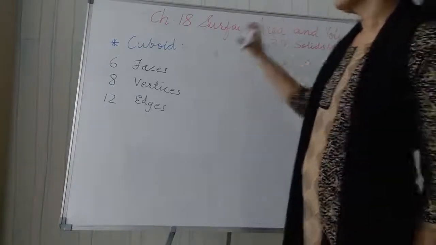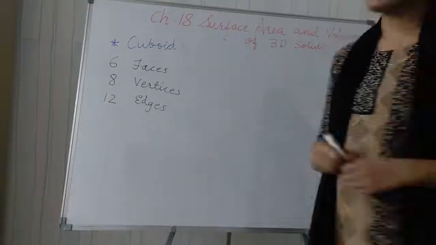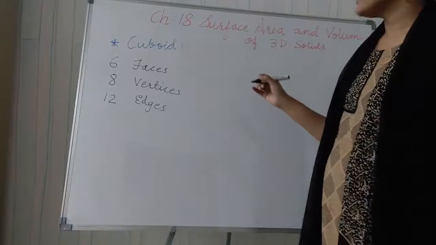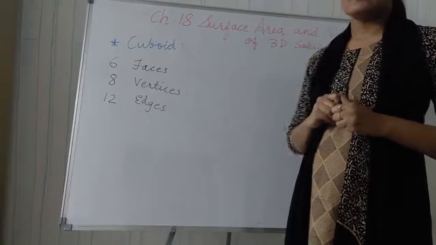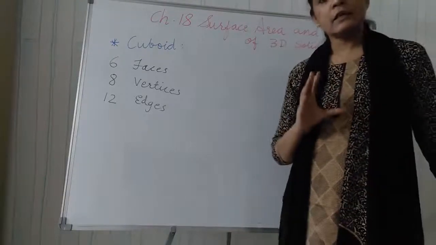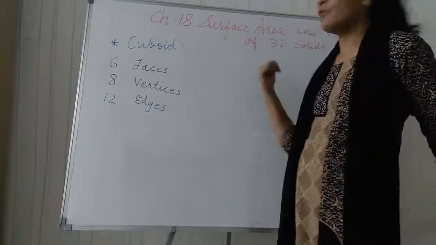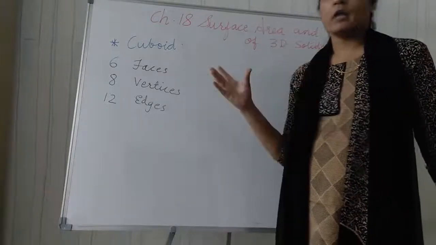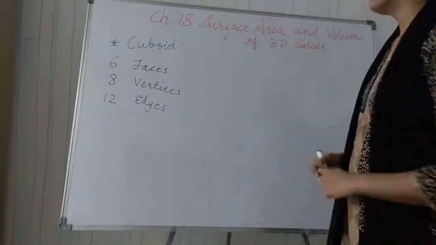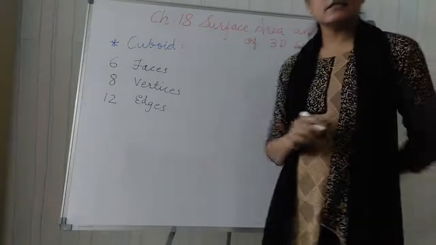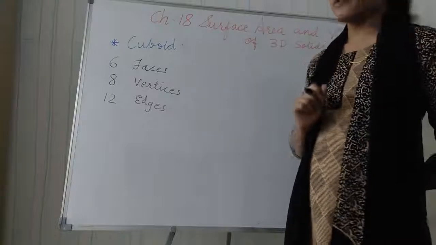So first of all we have studied what a cuboid is. Now let us understand its surface area. Now what is the meaning of surface area and volume? See, whoever can tell in which question to find the surface area and in which question to find the volume can solve any question. This is a formula based chapter, students, so you can solve it very easily. So now let us study the surface area. I have just explained to you that there are 6 faces.